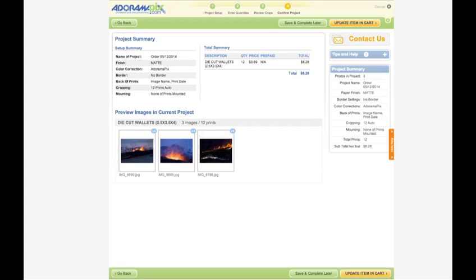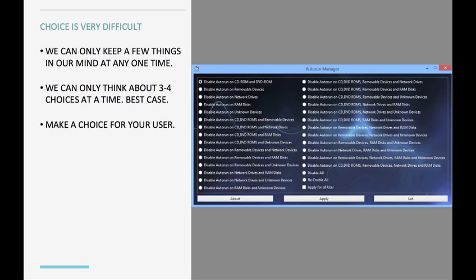Now, because we have such limited working memory, we can only store in our working memory a few things at a time. And this is specifically important to choice. We can only keep in our heads maybe 3 or 4 choices at a time. What that means for us as developers is that we can't present to them an endless amount of choice. Because the paradox of choice is that the more choices you present, the worse decision our users are going to make. So it's our job to say, wait a minute, nobody is going to read through this and come to any sort of conclusion.